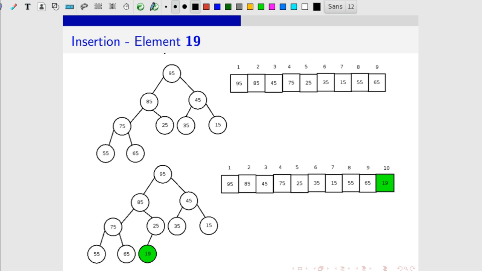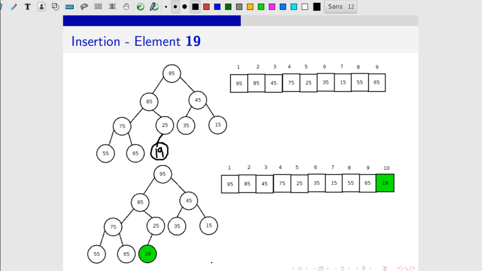Here we are considering a max heap. We are inserting an element 19. This 19 will be inserted as the last element, at index 10.